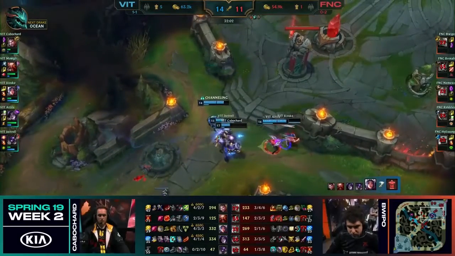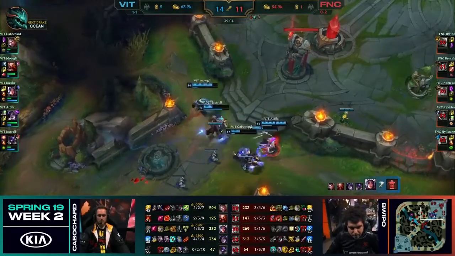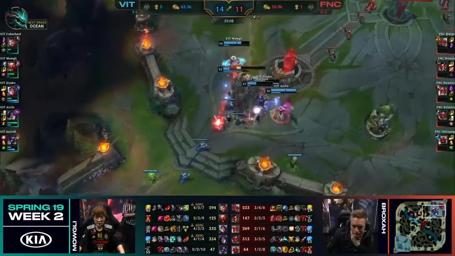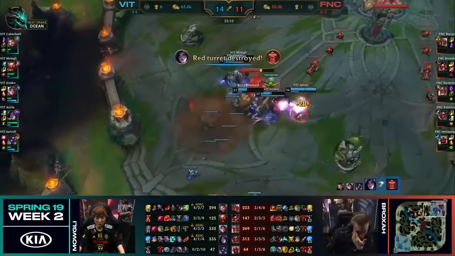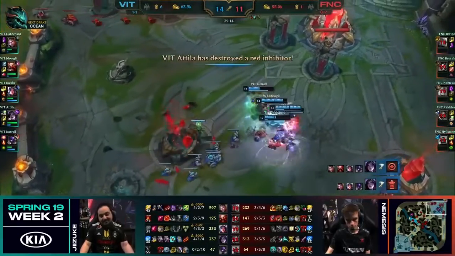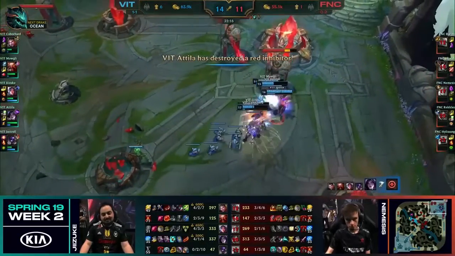You have to feel that's it. Vitality found the perfect team fight in the mid game. Fnatic had been clawing their way back, but Vitality slammed the door in their face, and they look like they're going to win this game. And the death timers are just too long. The structures are melting. Vitality, it was a little shaky in the mid game, but it was paid off in